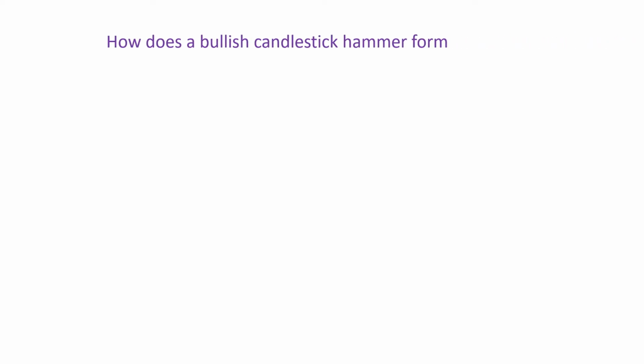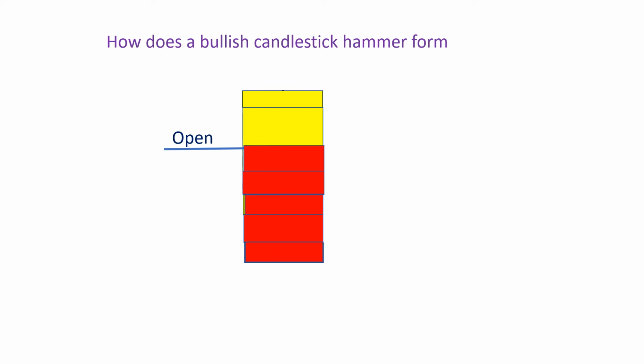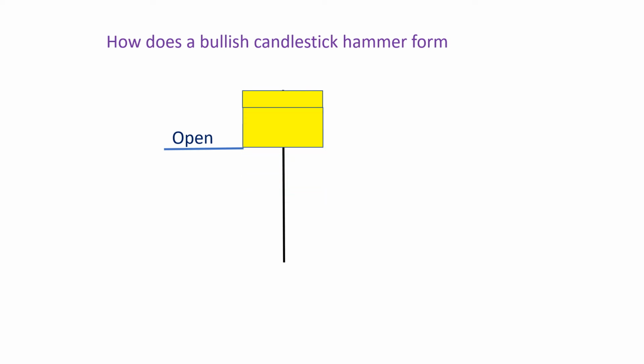In this graph, I'm going to show you how a bullish candlestick hammer is formed. Let's assume this is an empty candle and the price opens in the morning here where the market opens. The sellers start pushing the price lower, lower all the way till here, and then this lower price was rejected by the strong buyers in the market that pushed the price higher all the way till here where the price opened in the morning,